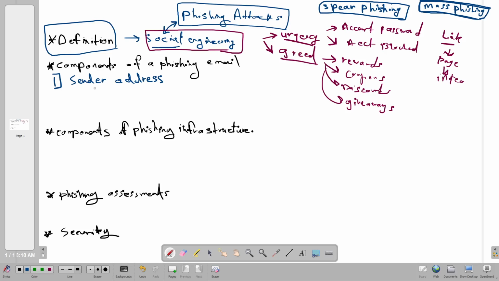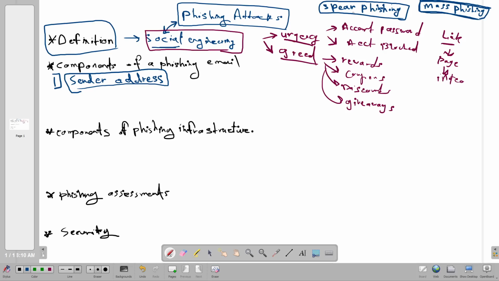Alright, coming back to the components of a phishing email. First, the sender address. What is the email address that the attacker will use when they send the phishing email? That depends on the scenario, whether it is spear or mass phishing. An example of spear phishing is targeting one individual.